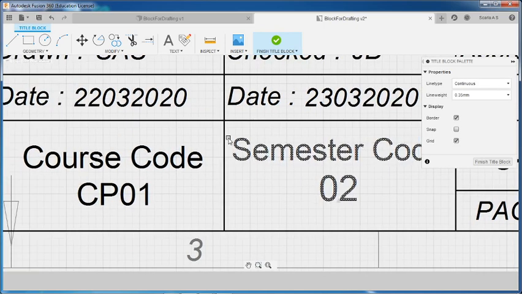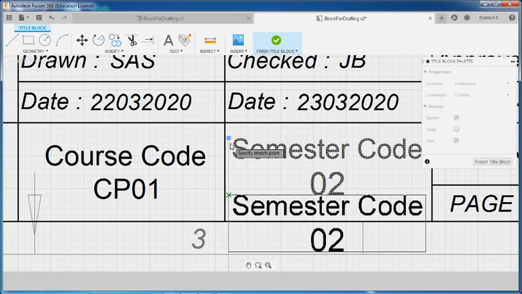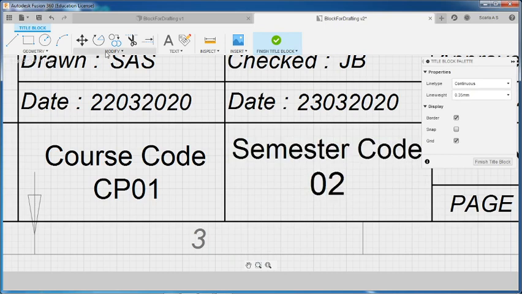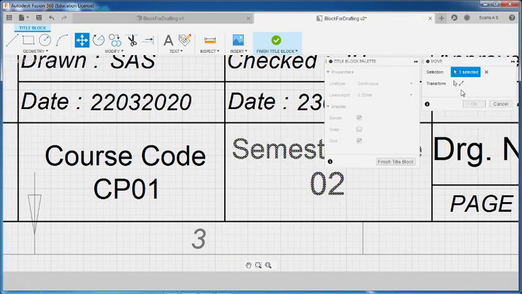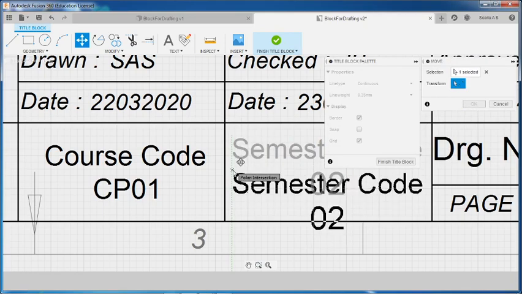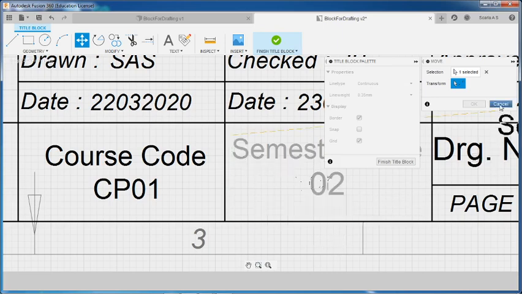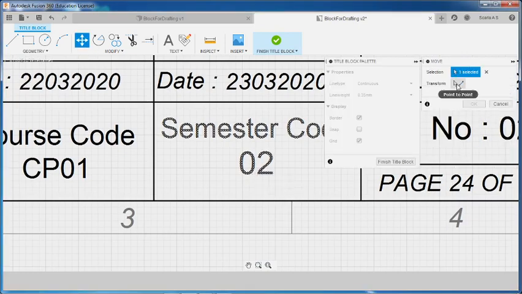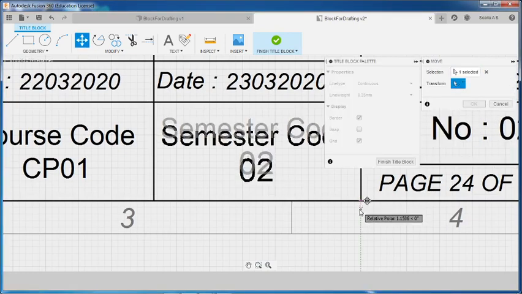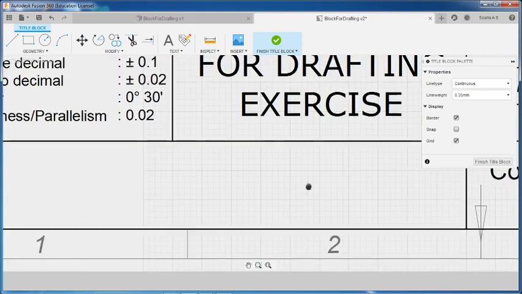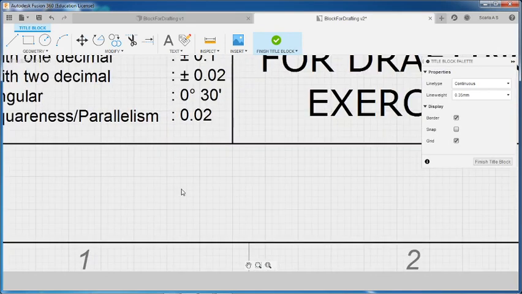Okay, you can adjust properly a little bit. So let me move a little bit here. Okay, that much we have done. Now here we have